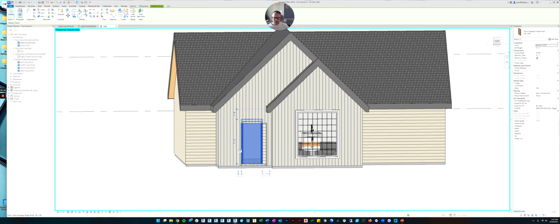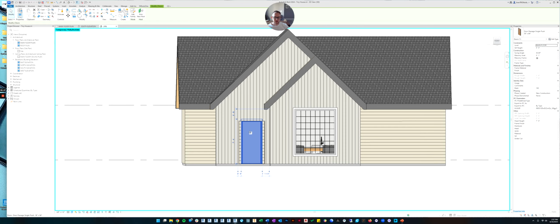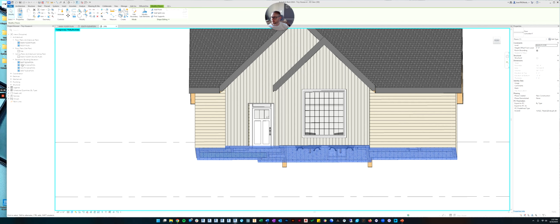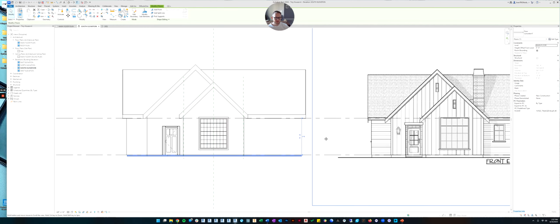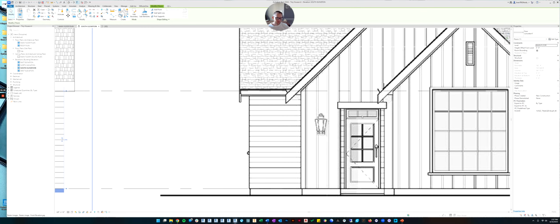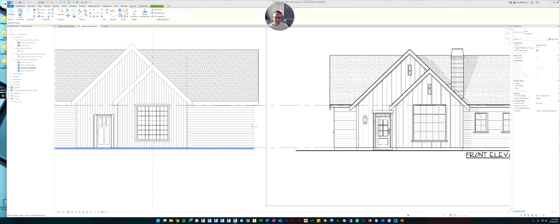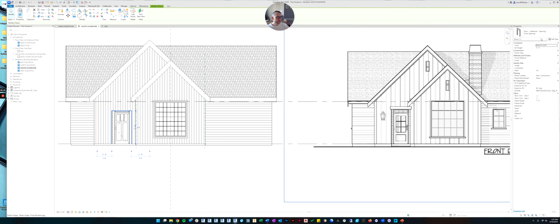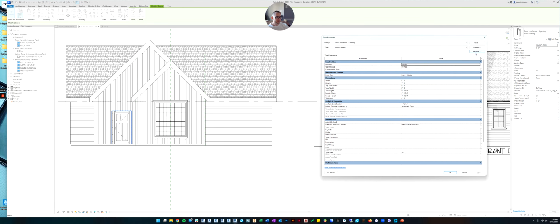And now, if we click on the front door, we can come up here and change it to the one we just loaded in that says front door craftsman. So let's pick that. And now you can see it's got a transom up above it. And if we look in our south elevation, you can see our example project kind of did the same thing. So let's make the opening bigger because it's kind of in the way. Let's make it 8 feet tall.